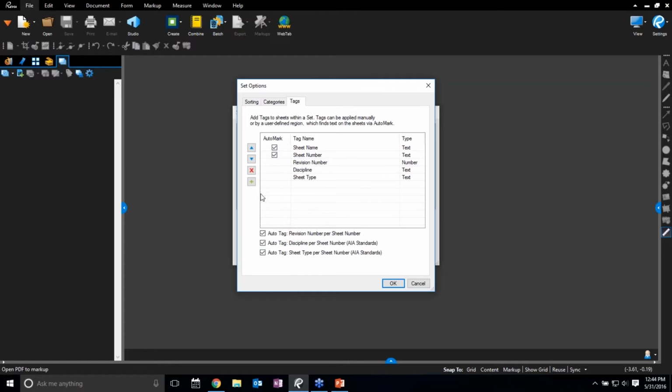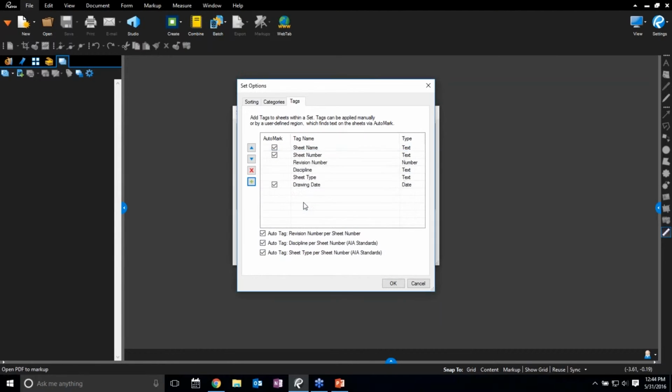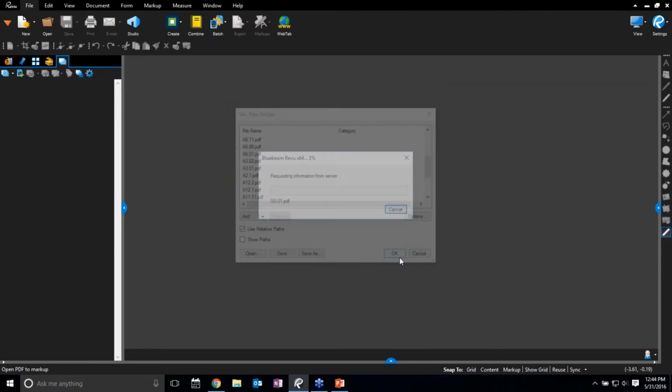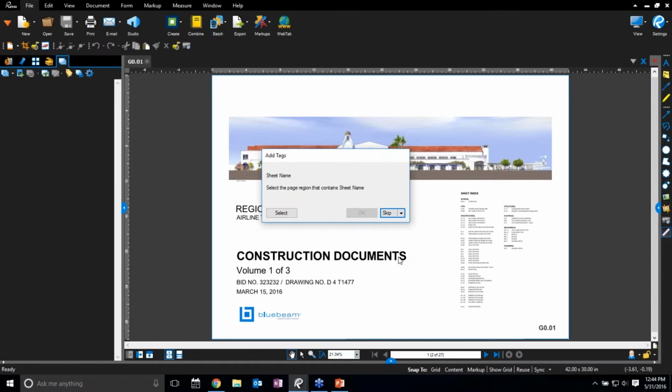Tags are kind of the metadata behind the page. For example, the sheet name, sheet number. I'm also going to add a couple kind of predefined standards based on the sheet numbering convention, namely discipline and sheet type. I'm also going to add the drawing date. So you'll see that I will need to go through and define regions, or basically auto mark 3 of these criteria, and the other 3 will kind of auto fill in from that point. So as I click OK,